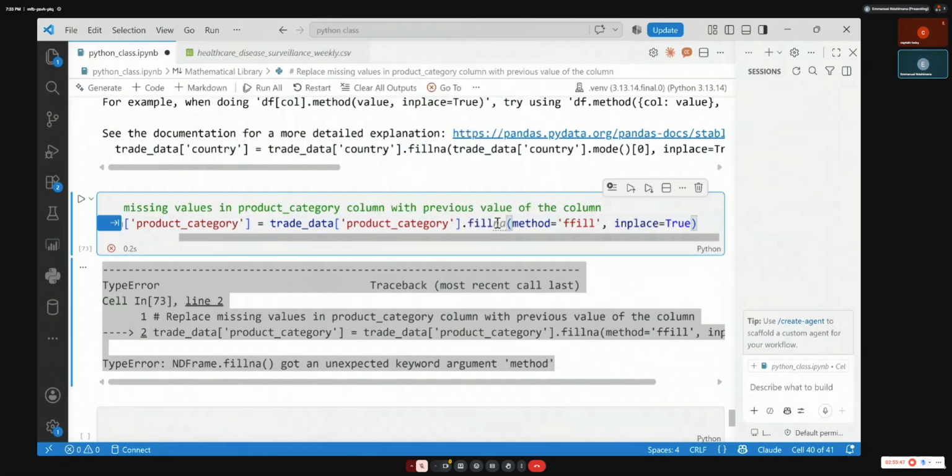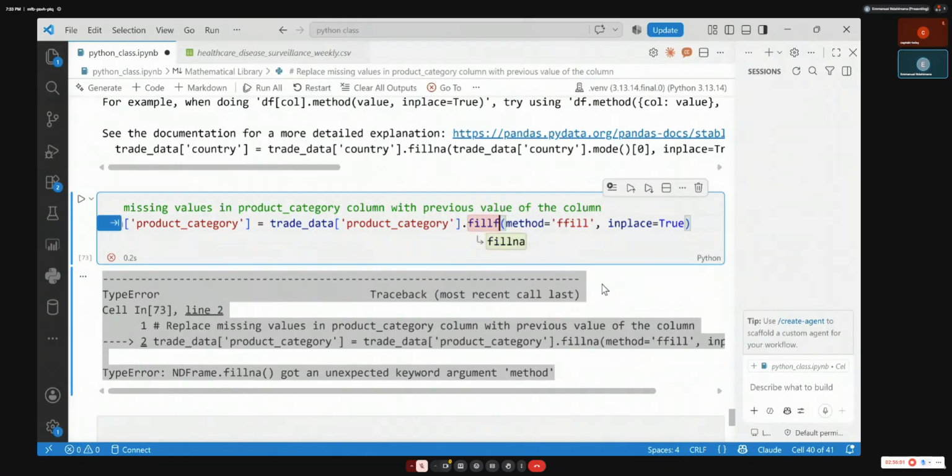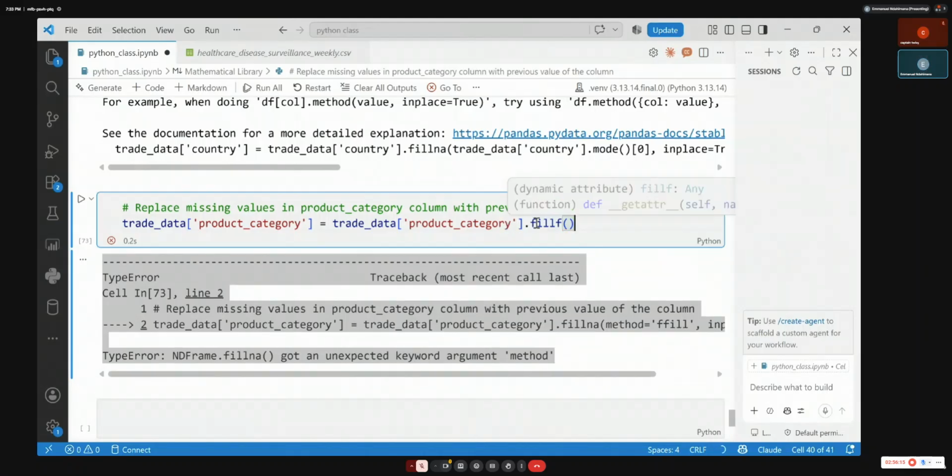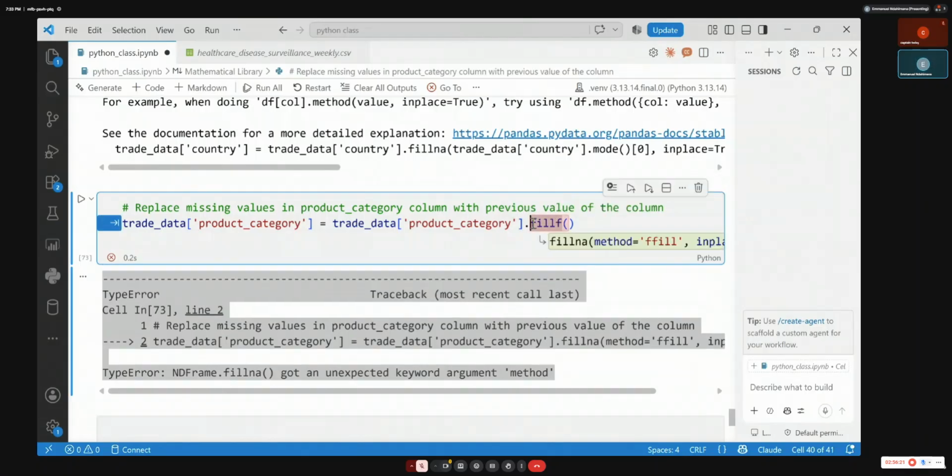I remove everything inside the function, and close it like this. Is it fill F or F fill? It's F fill, ffill, like this. Sometimes they change the functions due to the versions.